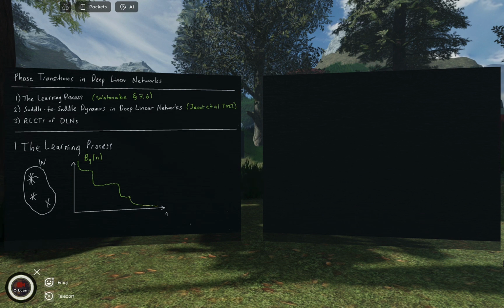And the claim made here, and I think Dan has already pointed out multiple times that this is maybe the most conjectural part of the gray book, is that what's going on during the learning process is that we're hopping from singularity to singularity. Now, on its own, that's not a new claim. It's a claim we've been making longer. But this is actually a more particular claim where you're hopping from more complex singularities to simpler singularities. So over time, if you were to plot the RLCT, it would look something like this.